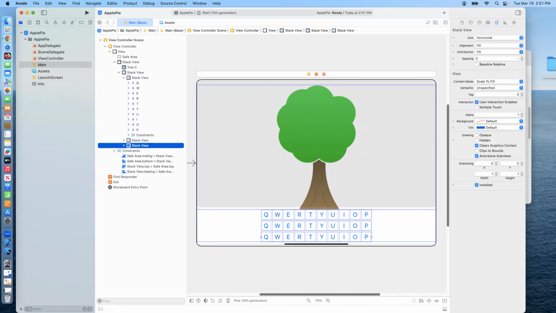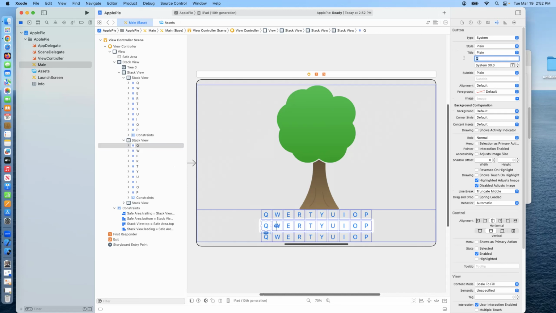All right. So now we're going to go through and update each button with the appropriate letters. If there's letters left over, which there's going to be, just delete those. So I'm just going to go in here one letter at a time. And then we've got to do ASDF. So A, S,